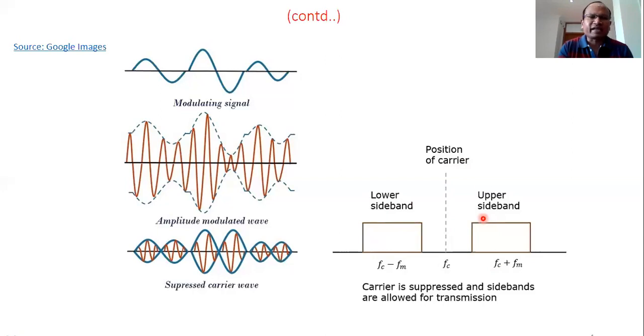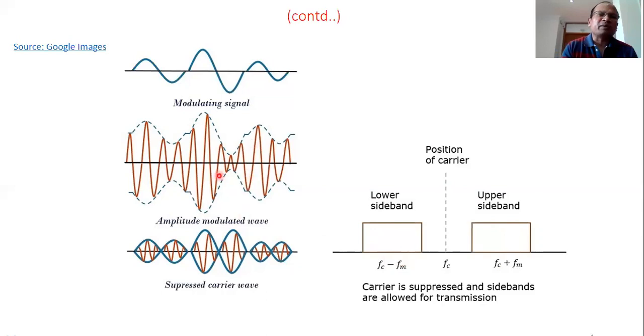If you see the second part of the first picture, you will find that this is the waveform of the complete AM signal. And when we want to find the waveform of the amplitude modulated signal when there is no carrier, it looks like this. You see here, this is the modulating signal. You see here, there are only two parts, please understand: the upper sideband and the lower sideband.